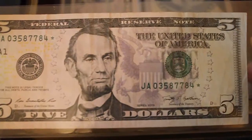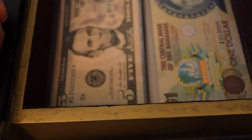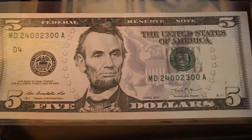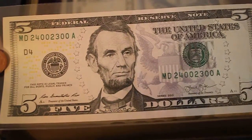A $5, just a standard note with a star. I have to look at that run. I don't believe it's rare or anything. This one is a fancy serial number. I really like this note. It's almost uncirculated, with a very light indication that it maybe was out there a couple times, but